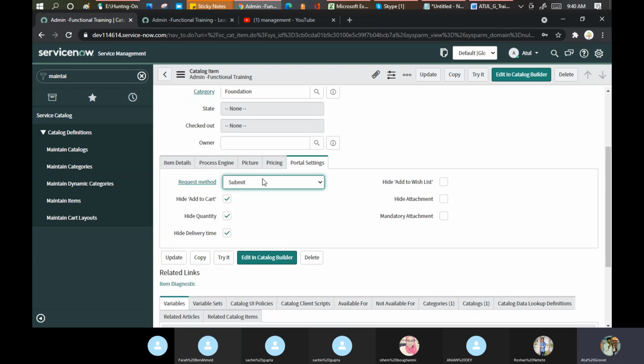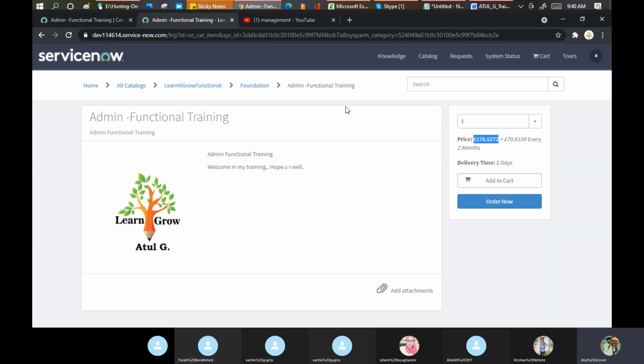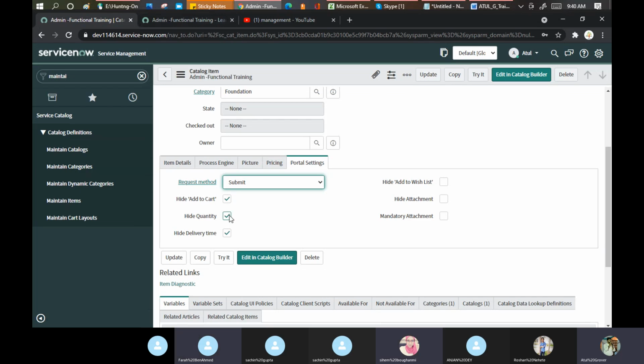When I click on submit, I say don't display the add to cart option, because I'm submitting it. I'm not ordering, I'm submitting. It's final for me. I don't add to the cart. Hide the quantity. Hide the delivery time. Hide the add to wish list, hide the attachment, and let me save this.